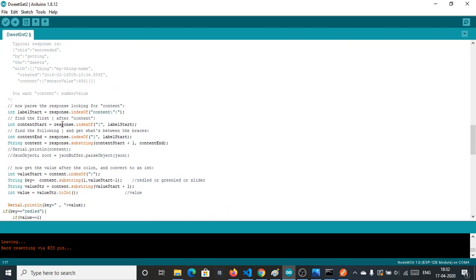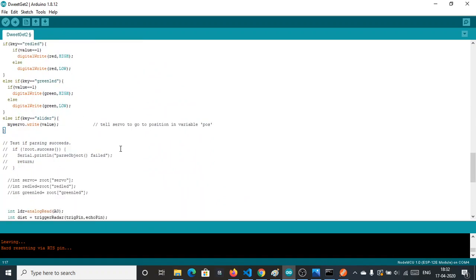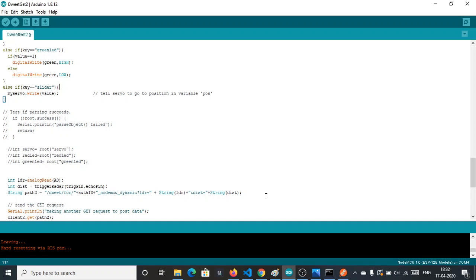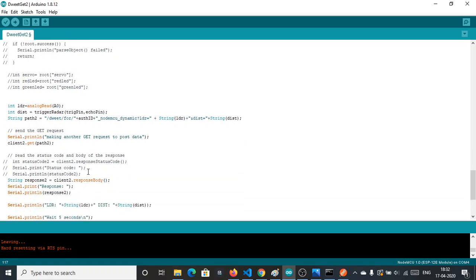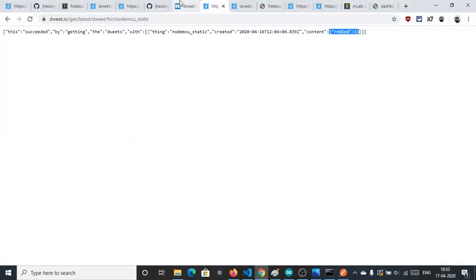This is the first get request, and in this get request we are basically updating our IoT sensors, or you can say IoT devices. And in the second get request we are sending data from the IoT device to the dashboard, or to the DoIT API. We are basically sending to the DoIT API using this get request. You can make a post request for a similar purpose, but I have made a get request using query parameter.